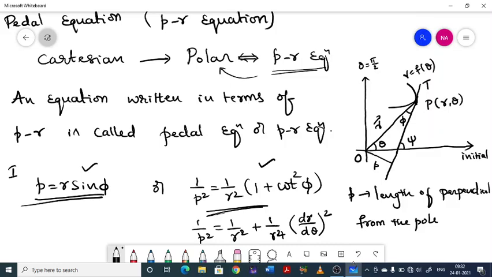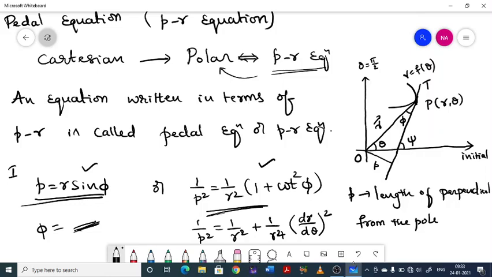Suppose we get phi explicitly, suppose I find phi equal to some value. In that case you can use p equal to r sin phi. But for some problems you don't get phi explicitly. In a previous problem we saw that we could not simplify phi, so we kept cot phi as it is. So whenever you can get the value of phi explicitly, that means phi equal to something, then use p equal to r sin phi.